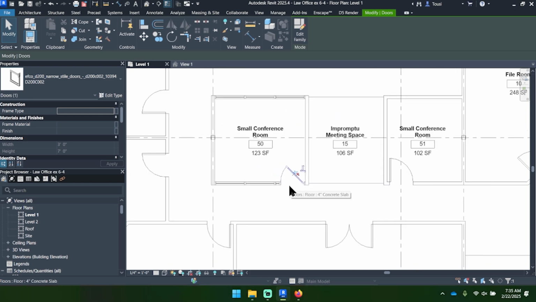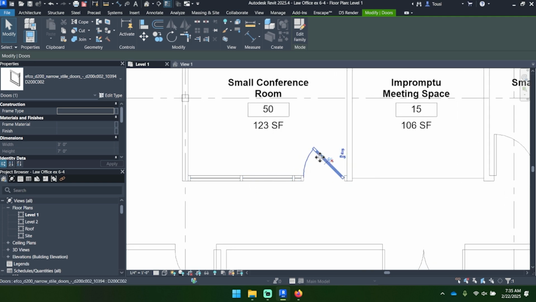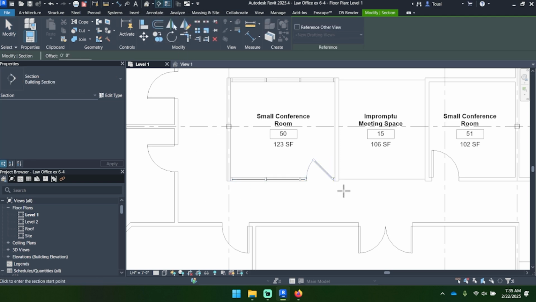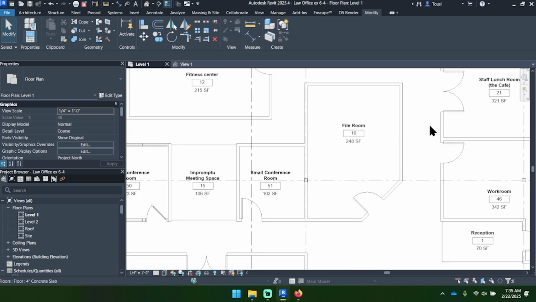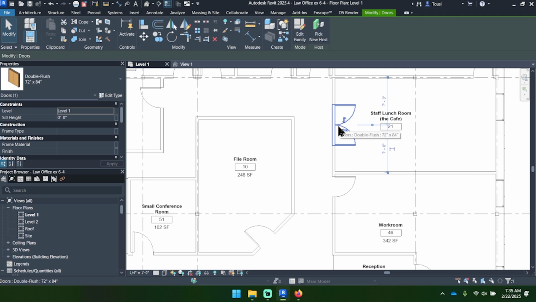Using those same techniques of drawing the curtain wall systems and then drawing curtain wall systems that will have doors inside of them, and then drawing a section so that you can look in the direction of those doors, you need to go and do the lunchroom staff room on the right side of the building over here. And after creating the space for that door, you're going to add in that double door. I'm going to select that double door that's in the